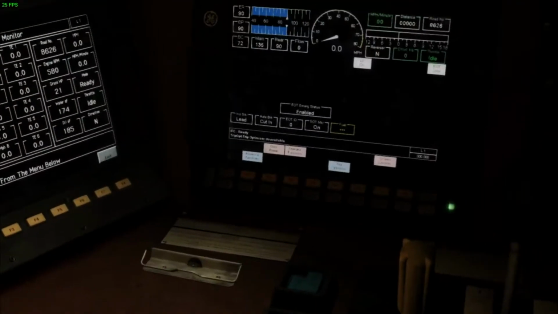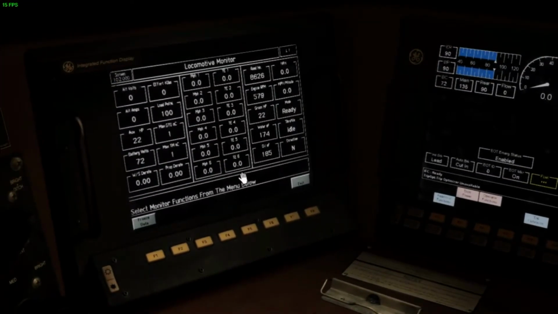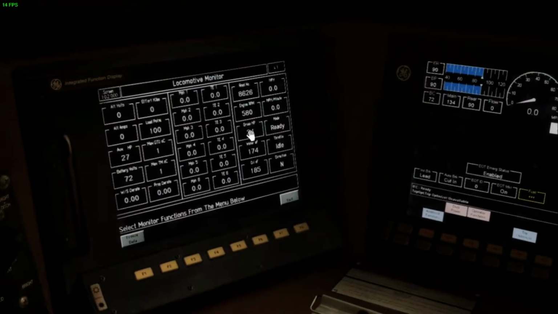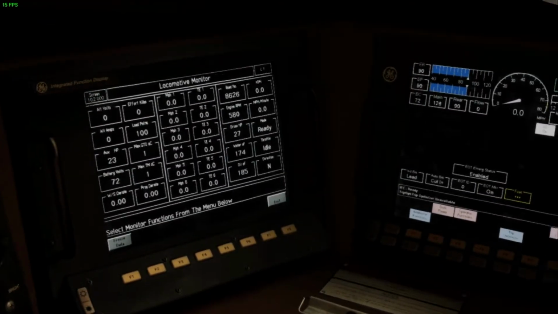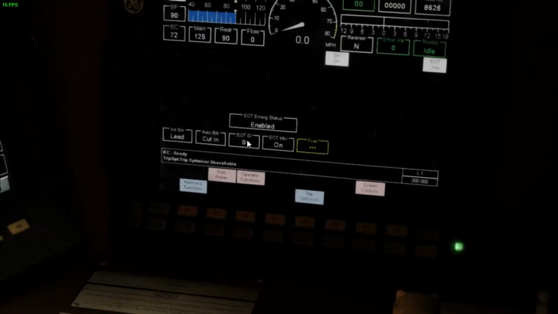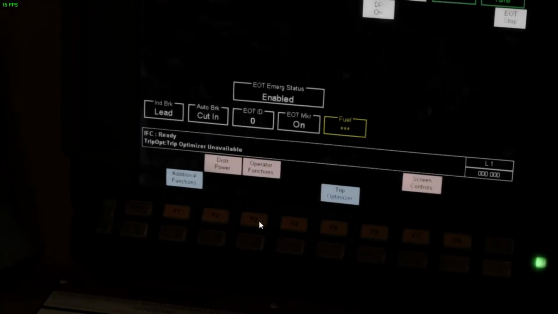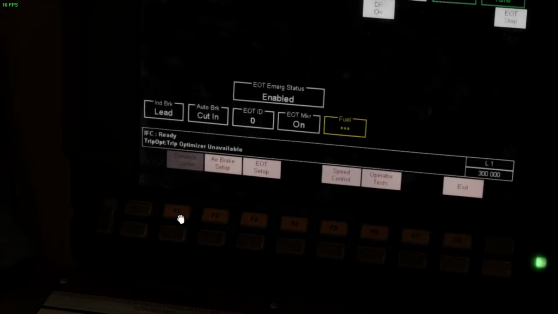So where I'm going to go is either this screen or this screen. Both screens work. I mainly use this screen for my locomotive data and my train data, but what I would use this screen for is my distance counter. So first things first, I would go to Operator's Function, Distance Counter,